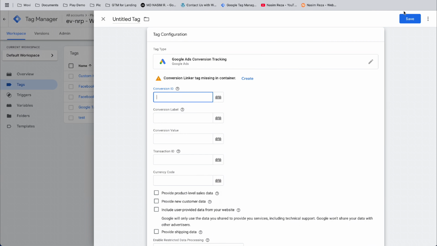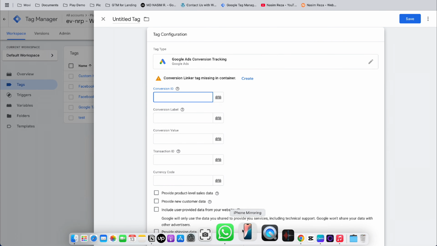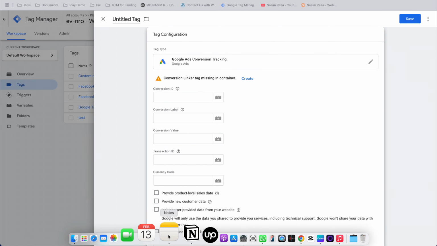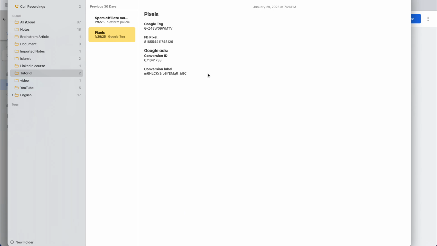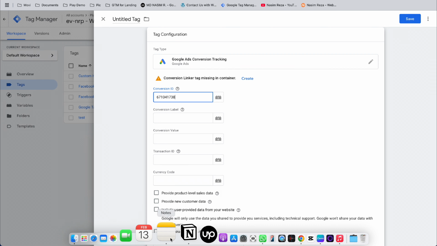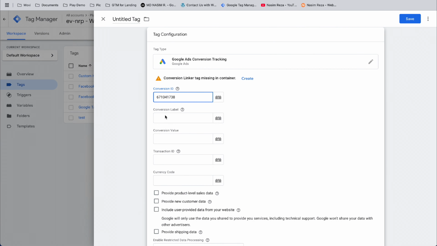You will find this conversion ID in your Google Ads goal section when you select the connection method with Google Tag. I have copied and pasted it in our notepad, and this is the Google Ads conversion ID and conversion label. You just need to copy this and paste it in your tag box, and again copy the label and go back to Tag Assistant and paste under the